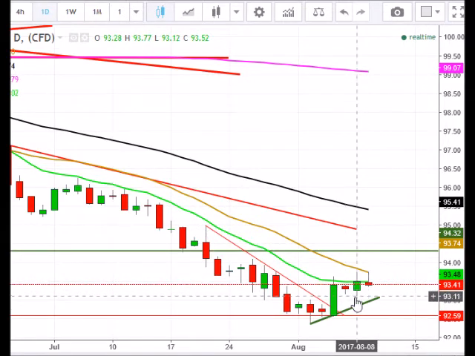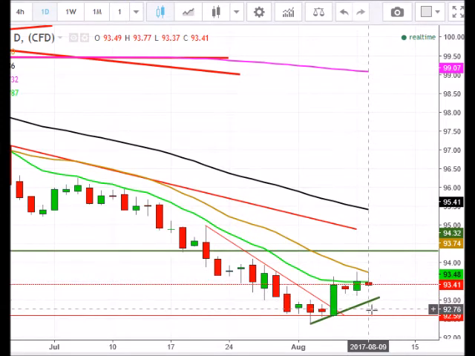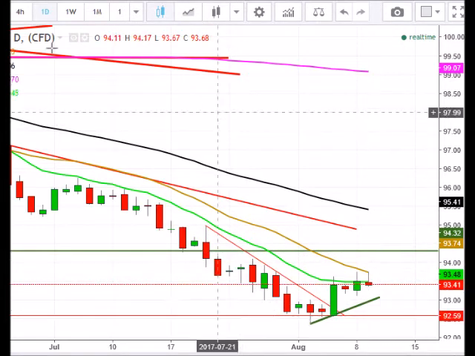But both do coincide. You can see by this candle wick right here that we are at around 93, and as time goes forward, it is potential for us to bounce off this trend line here. If this fails, then we'll be going back down to test this 92.60 level, let's call it. And that's going to be where that 200 is on the weekly. So that's going to be crucial. This is going to be kind of a make or break situation for the US dollar. If we maintain support, then we'll see further price appreciation to test this level here at around 94.30. If we fail and break below this 200, things get interesting.